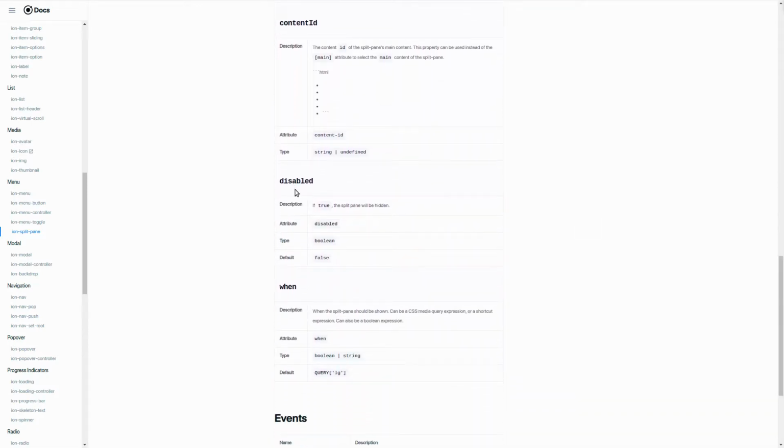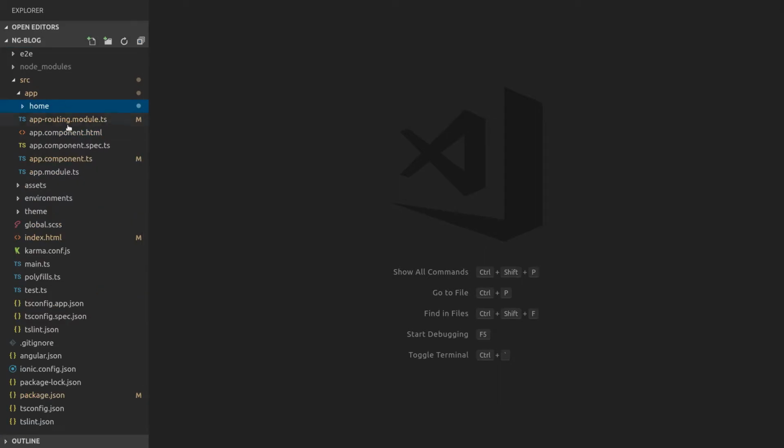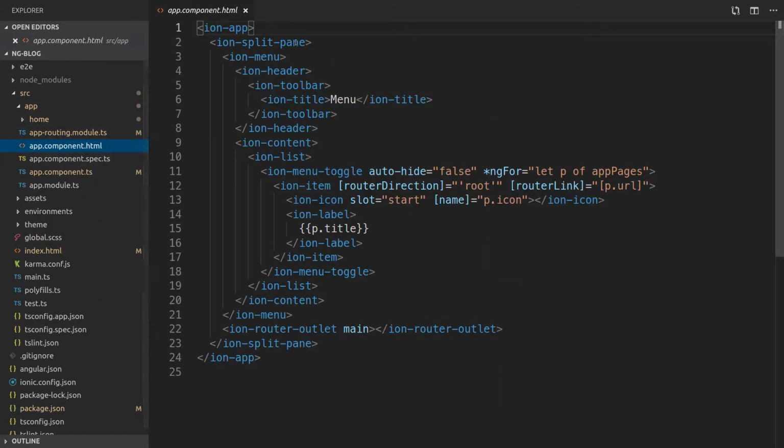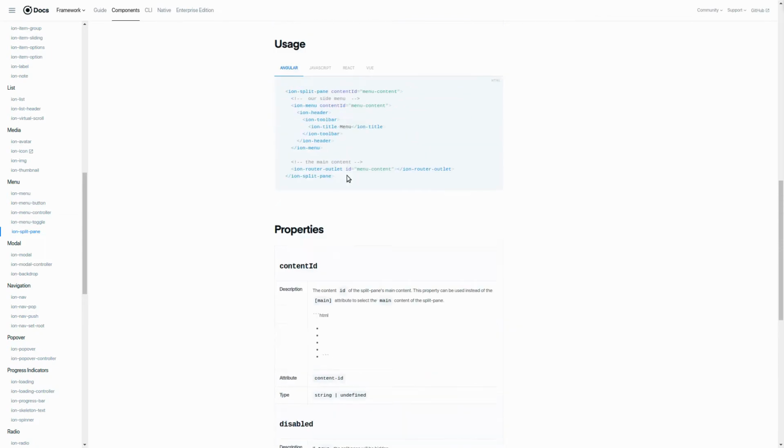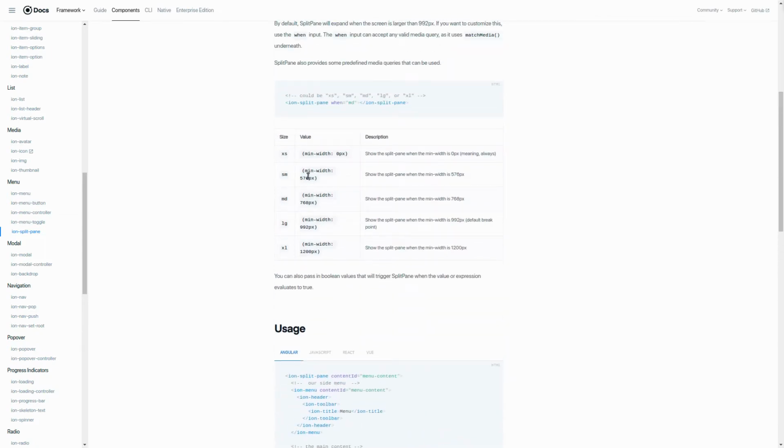Right now we're using the LG in there, which is the default. If you scroll down, you have the properties down here, which tell you what are the defaults that come with it. As you can see here is LG. So let's change the when and see how it works. Back in our code, I'm going to go to the app.component.html and here's our split pane. I'm going to add when. Right now it's LG, so I'm going to put SM, which is the smallest screen size for mobile phones. Now back in our page, if I reload,